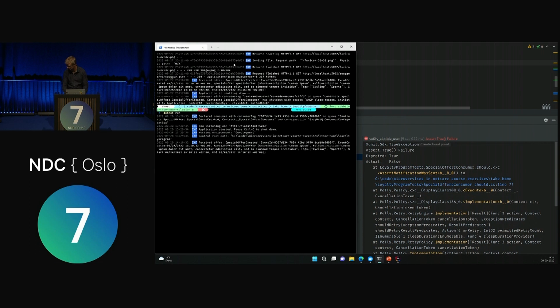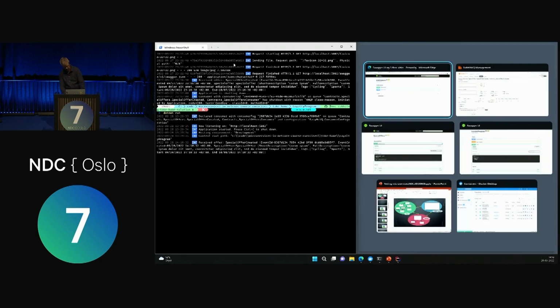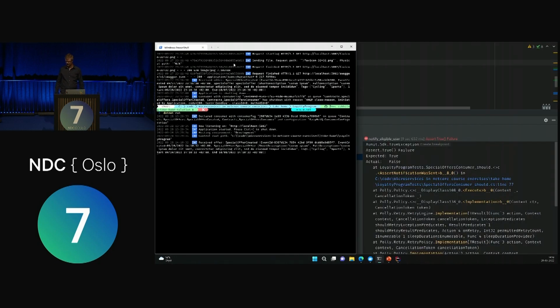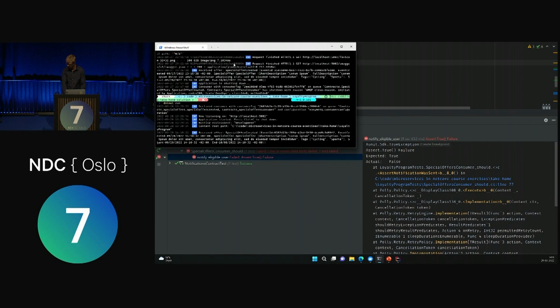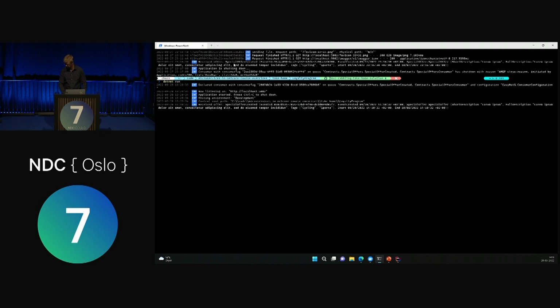okay, you can't really see what this is, but you'll have to believe me when I say that what we have running here in this terminal window is a copy of that loyalty program. So I had started one up in the test, but then I had a competing one already running, and that grabbed the message off of RabbitMQ, so it failed.